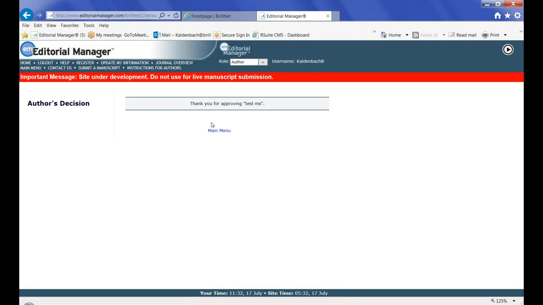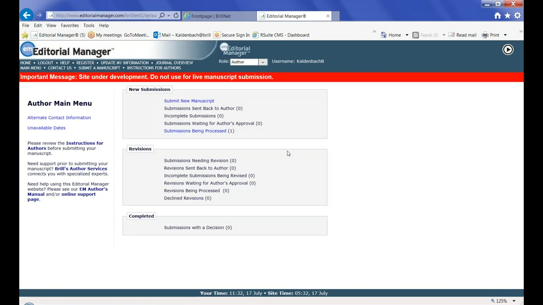And I can also go back to my main menu, and I see here the submission is being processed, and once the paper is assigned to the editor, it will have a number. When it's under review after that, you will be able to see at least that it's under review. If you need any more information about the status of your paper, then you need